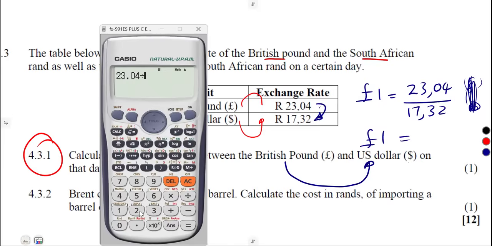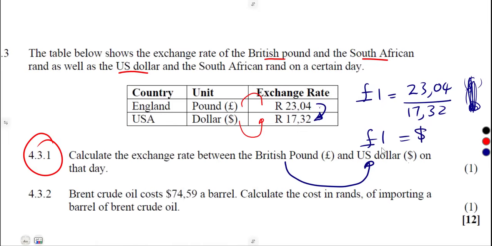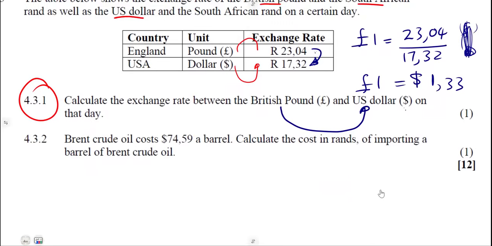23.04 divided by 17.32. So that is going to be 1.33 to 2 decimal places. So it's already converted to the dollar. Remember, it's pound to the dollar, pound to the dollar, pound to the dollar. So that's 1.33 that we are given there. All right. Then on the other part of the question, we are given that